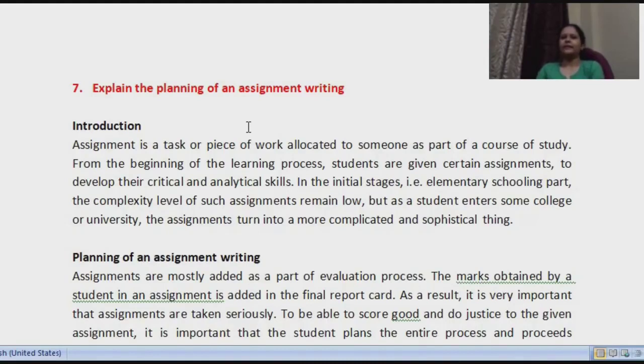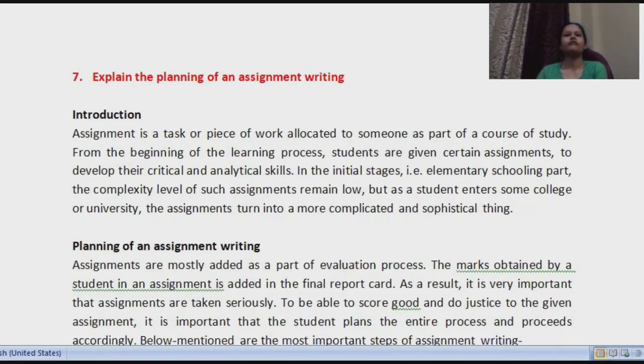So explain the planning of an assignment writing. So yesterday you were saying, right, you also wrote assignment on obiter dicta. So how did you prepare for assignment writing? First, I went through the materials, resources, then I just saw and I just focused and I wrote it. That's all. So where did you get the materials? Did you look for it or your teacher gave, or how did you get it? No, I looked for the material, ma'am. You looked for the material. Okay. So yeah, same thing happens here also.